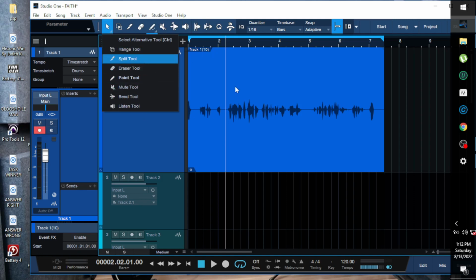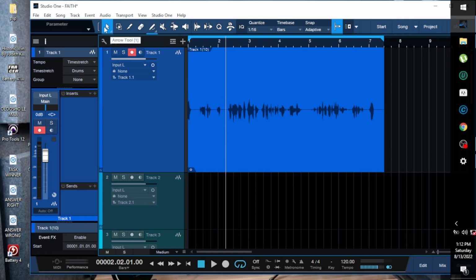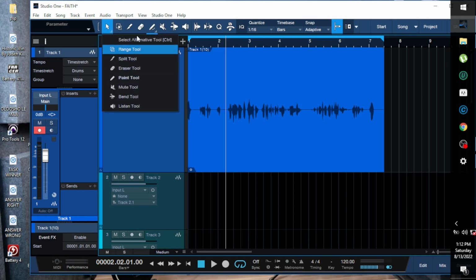Now, what does that mean? It means this particular tool here can function in two different ways. These are the two different ways I'm trying to talk about. I know this one might be a little bit difficult to get right now, but it is not as difficult as it appears. When you hold on control, click and hold control, select alternative tool. Now, what alternative tool means, for example, is that when I